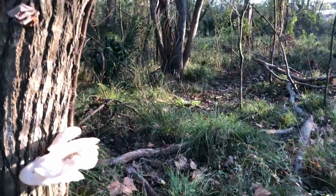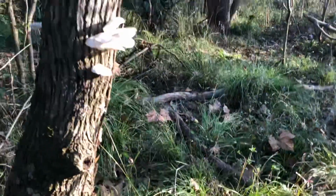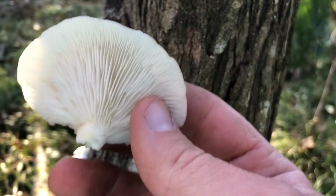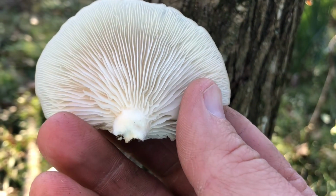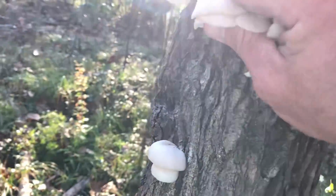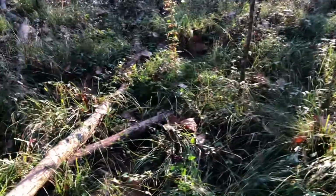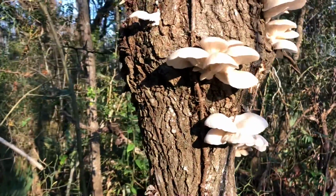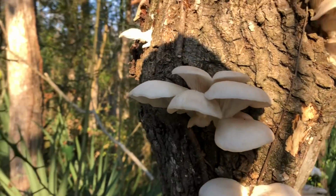The one that I've seen that looks a lot like it grows on the ground. It doesn't grow on a log like this. So you see them growing on a log in these clusters, pretty much no stem. They just kind of have these gills that come straight out of the tree. This is pretty easy to identify. Like I said, there's some that come out of trees that are white, maybe slightly resemble them,